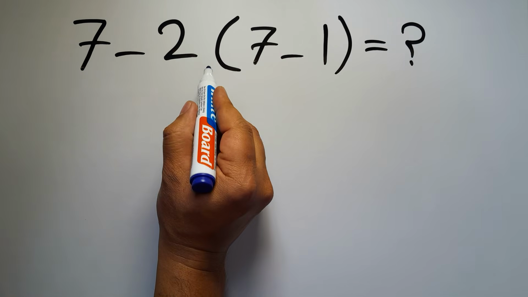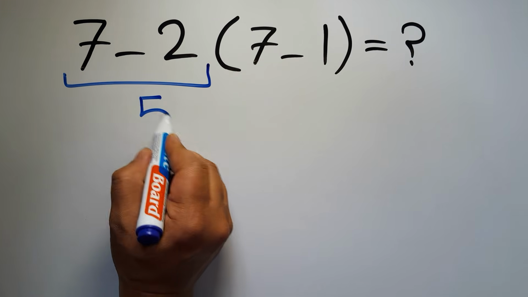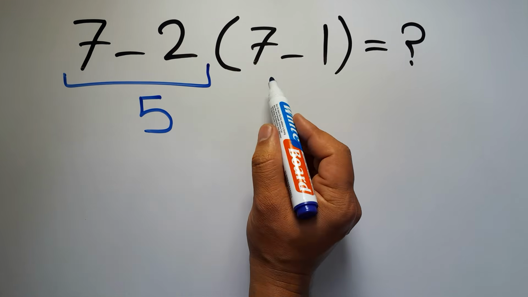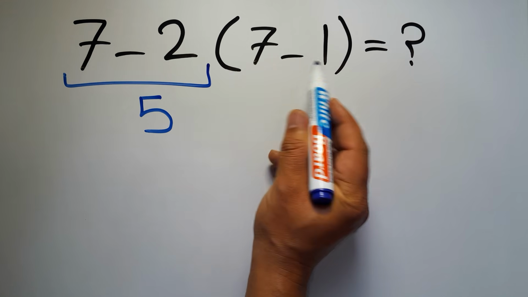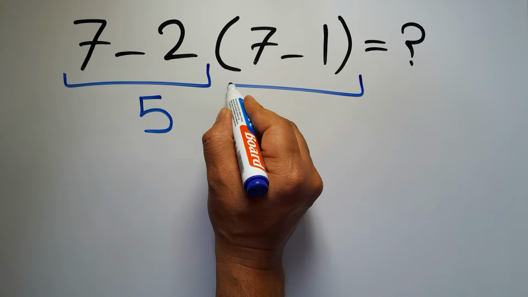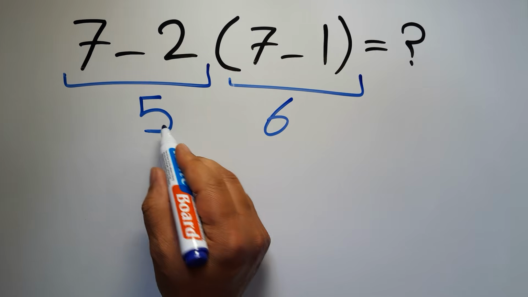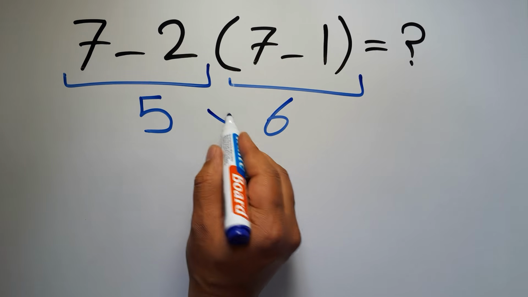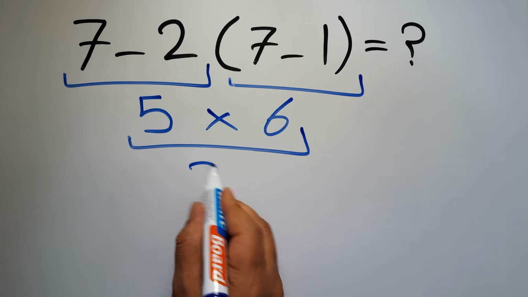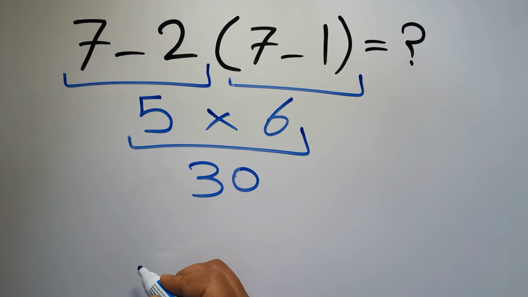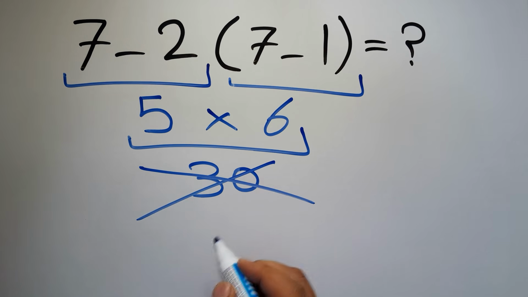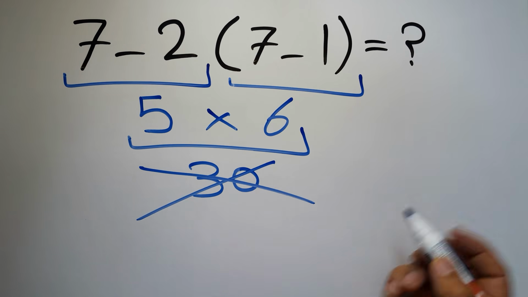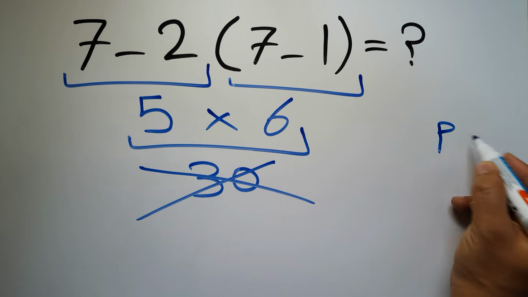7 minus 2 equals 5. And here inside this parentheses we have 7 minus 1, which equals 6. So 5 times 6 equals 30. But this answer is not correct, because according to the order of operations, first we have to do parentheses, then